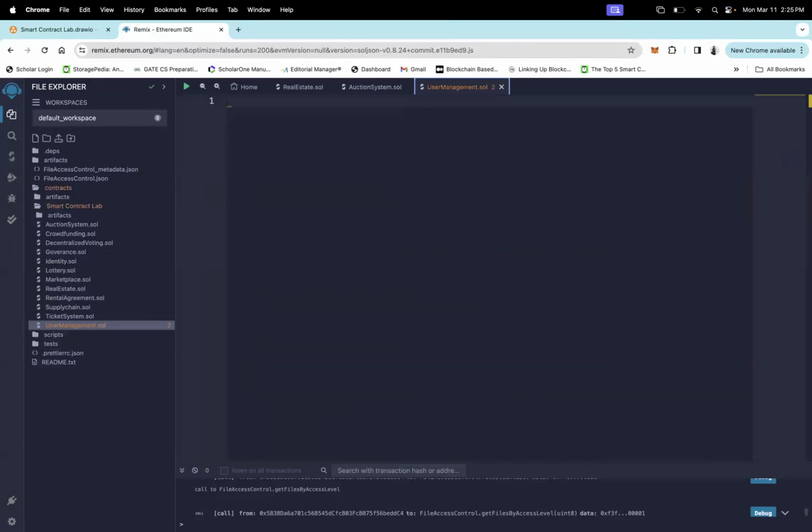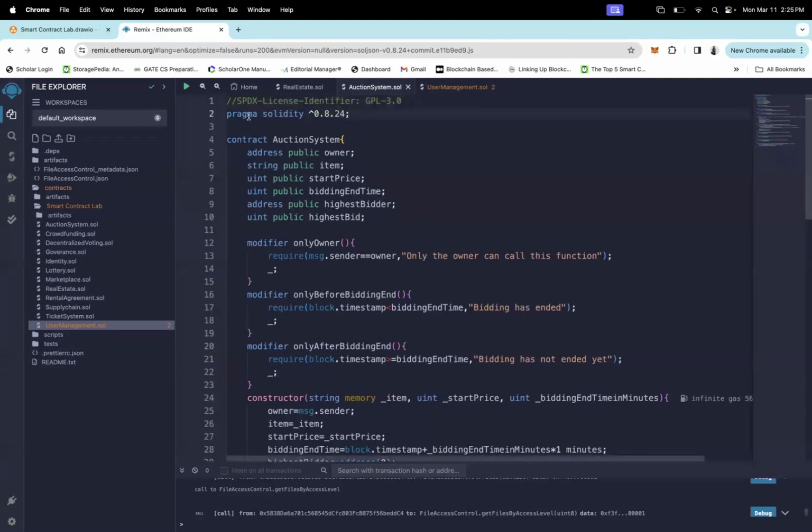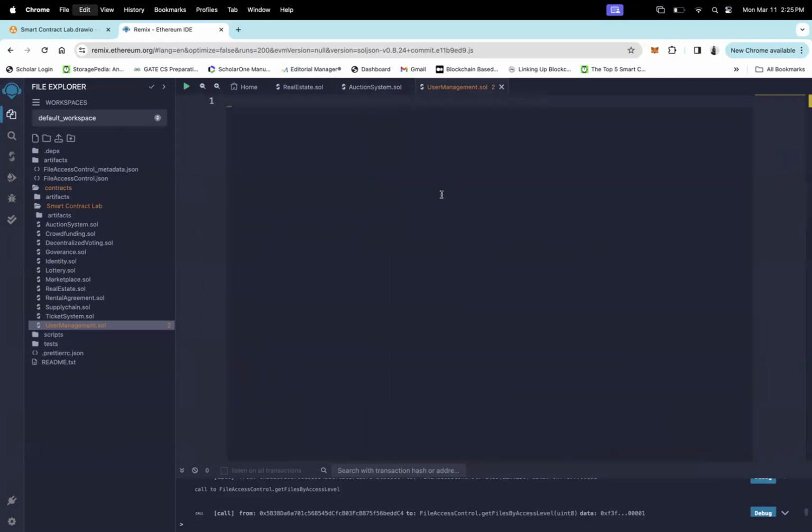And under this, first two things that we need to specify. So instead of writing these two things again and again, the license identifier and the version of the compiler, I just copy from this file to the user management code like this,